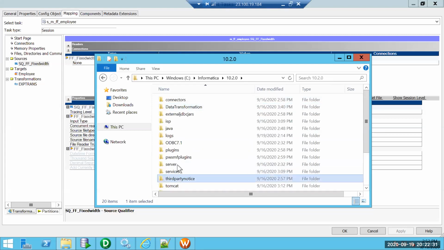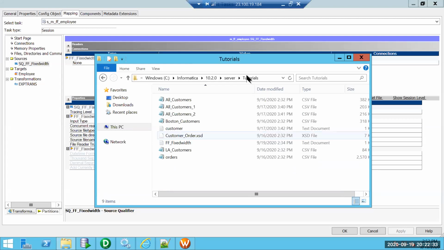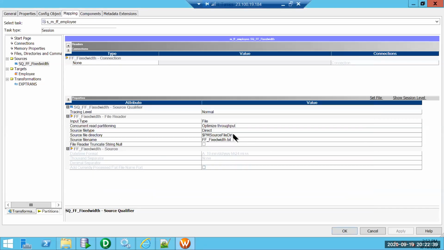Under server tutorials, copy address as text, replacing this. This is a direct file output, as in we are directly reading from a file. So it is a direct mode. Source file type is direct, and this file name is correct.